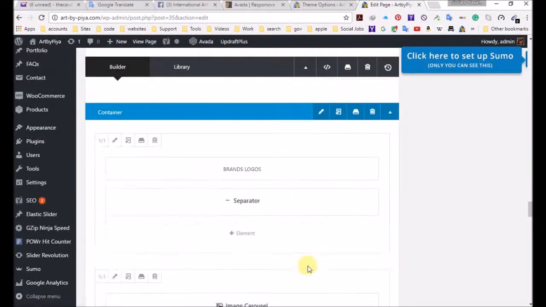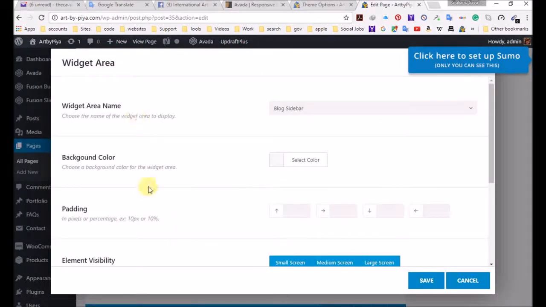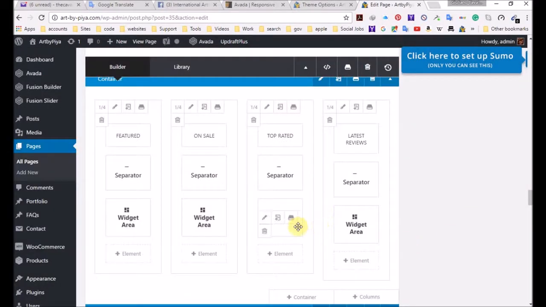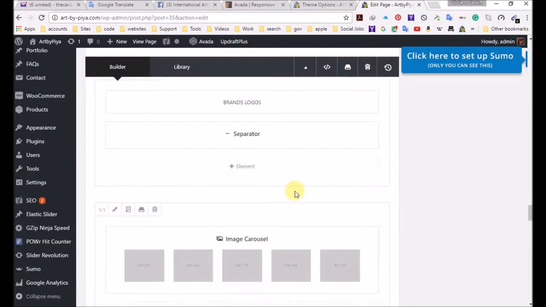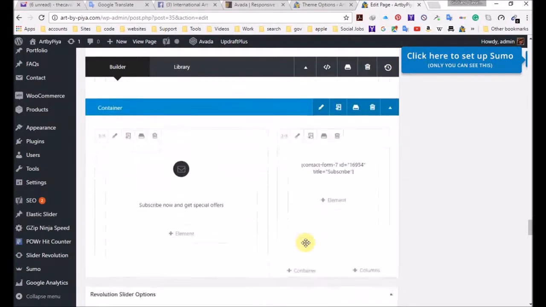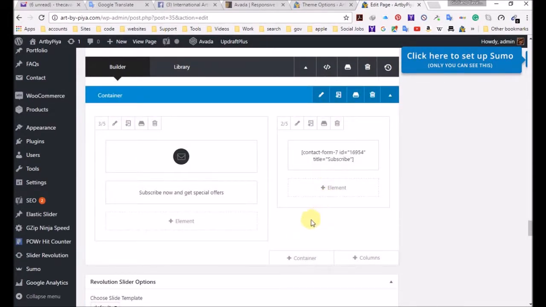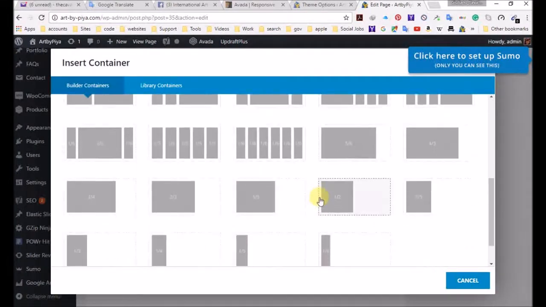Other things, like this is called a widget area. I haven't used those in this section of the template. This is just a carousel, and it has the contact form. Apparently you can put the contact form anywhere. Email icon, I'll show you here. The containers, you have all these containers. You can do it manually,